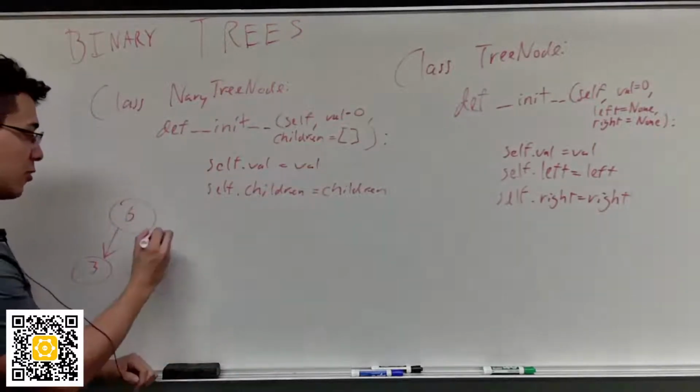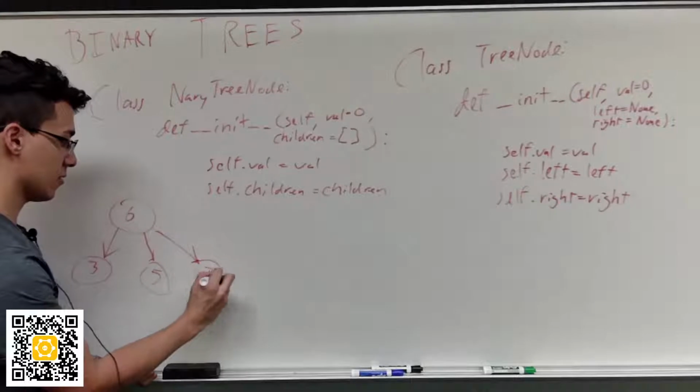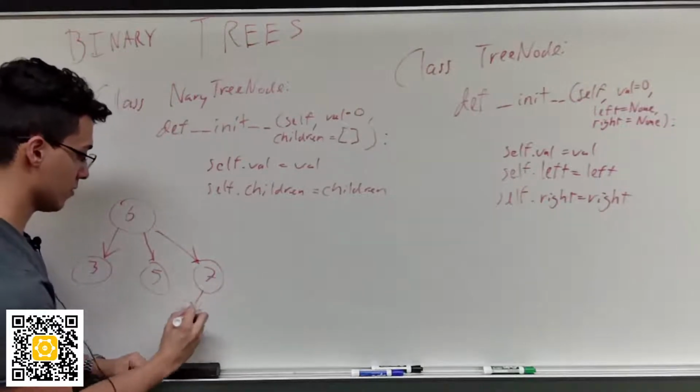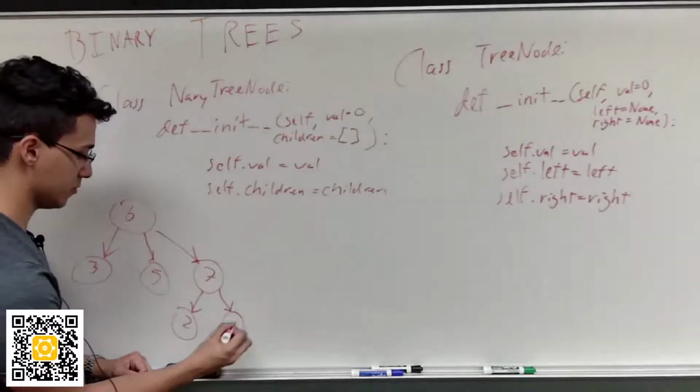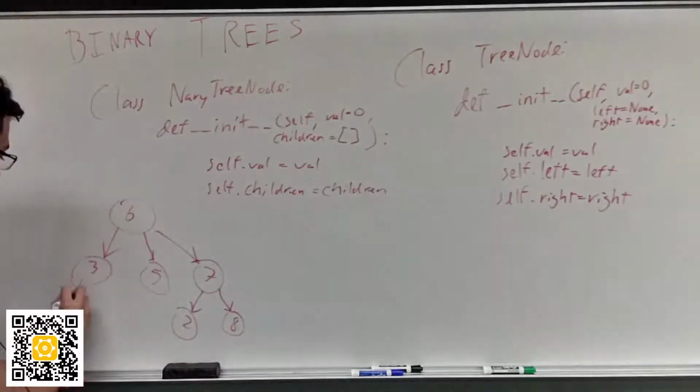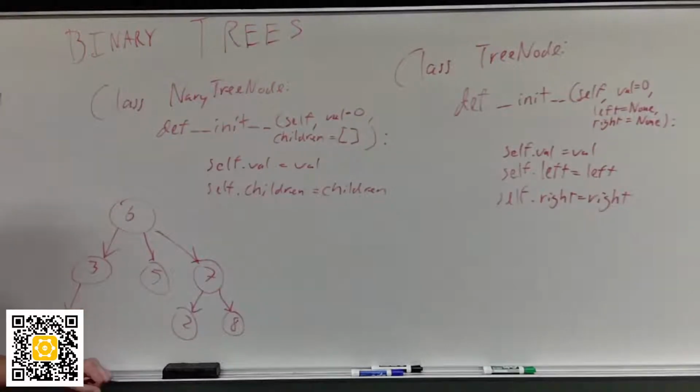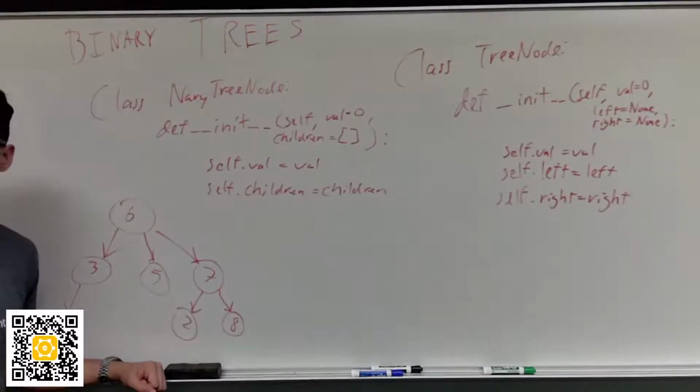I can add as many as I want. 8, 1, right? Because I didn't put left and right, I'm no longer confined to just 2 children in n-ary. So that's the difference between binary and n-ary trees, where binary is just 2 children per node at most,